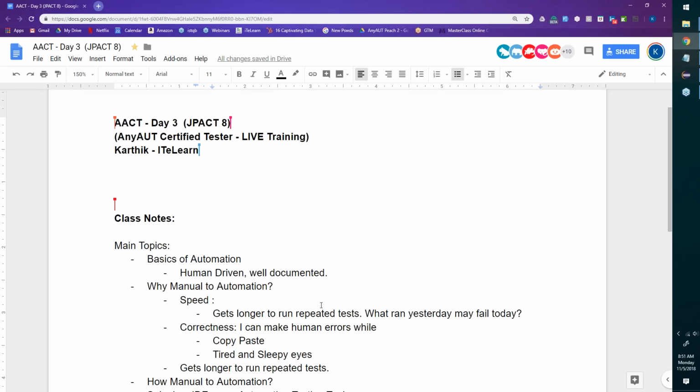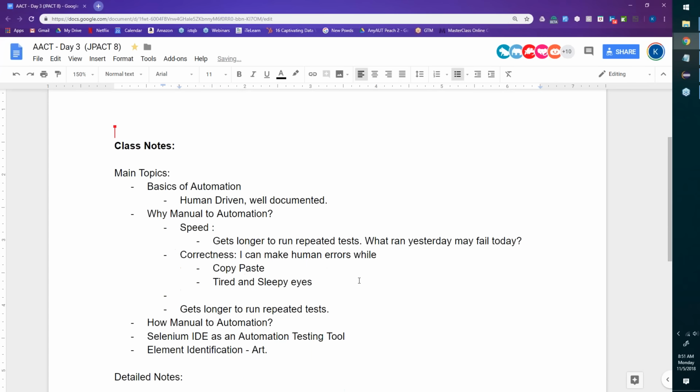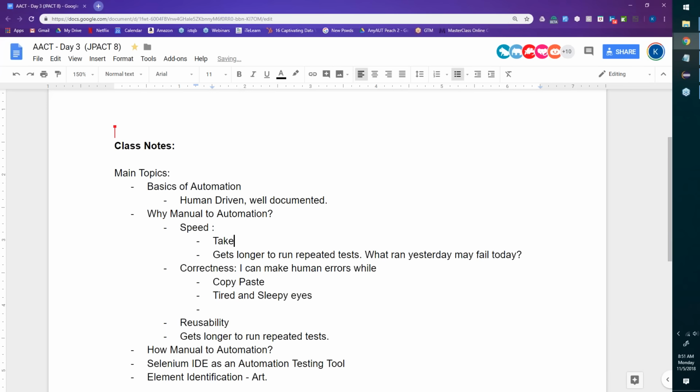Then comes the issue with reusability. Takes time to prepare and manually test each scenario. Okay, it's just not execution.